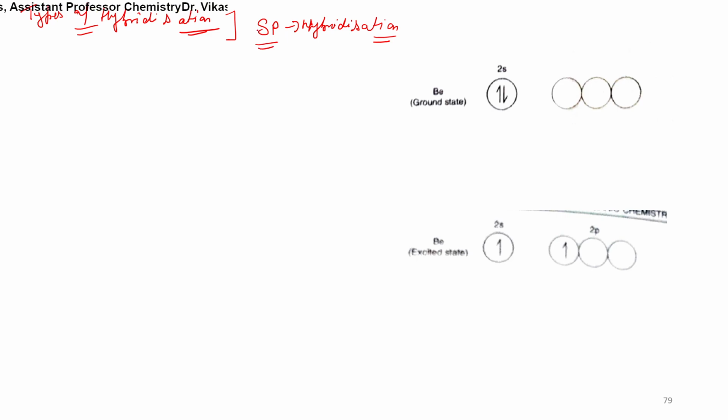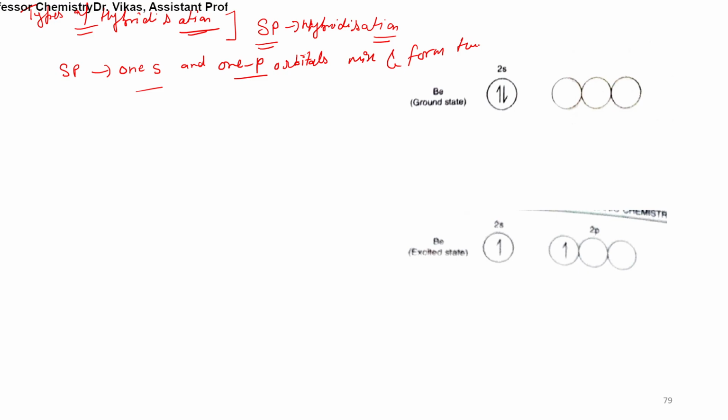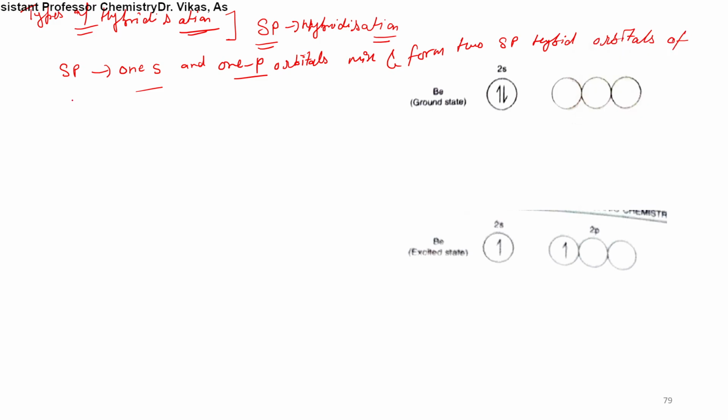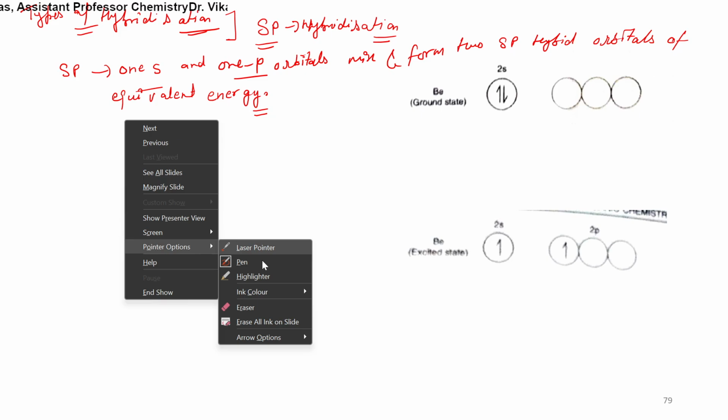In the case of sp hybridization, 1s and 1p orbitals mix and form two equivalent sp hybrid orbitals. One 1s and one 1p orbital mix and form two sp hybrid orbitals of equivalent energy. Okay. In the case of sp hybridization, there are different types of covalent compounds that show sp hybridization